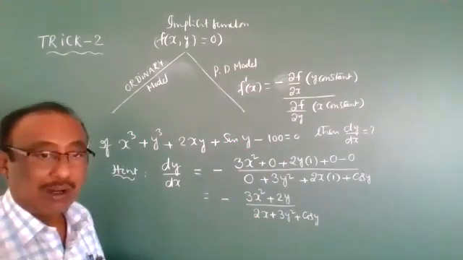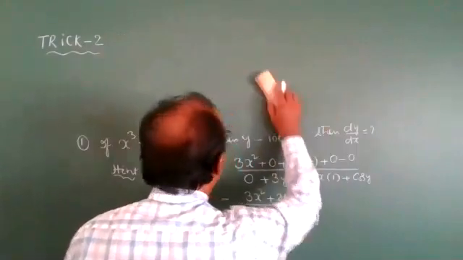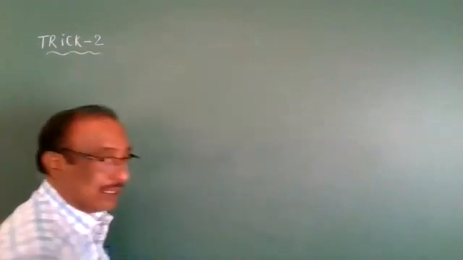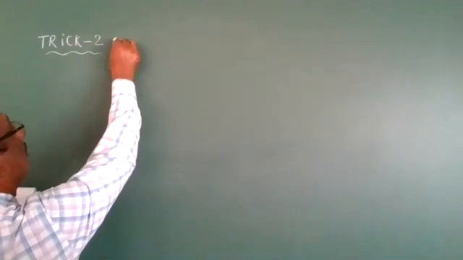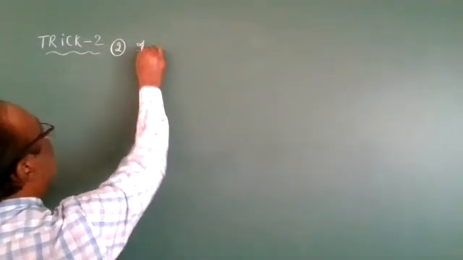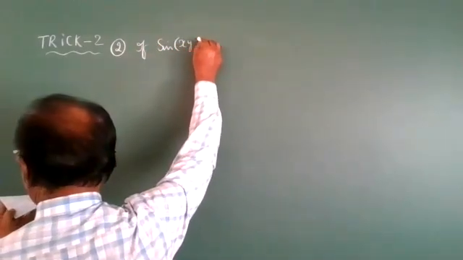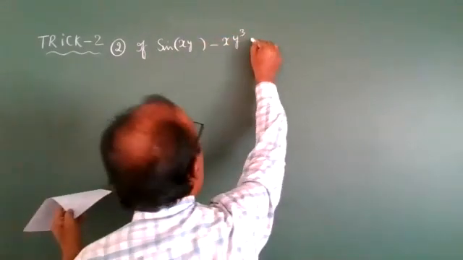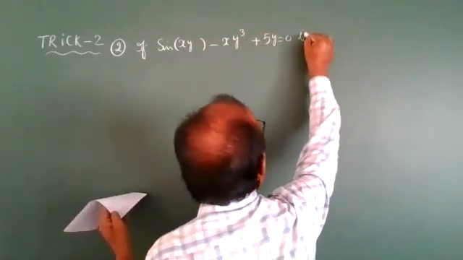We go through the second problem. Everyone see trick number 2, second problem. If sine of xy minus xy cube plus 5y is equal to 0, then dy by dx is,